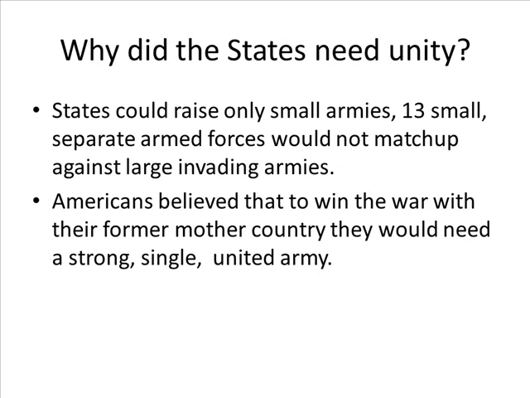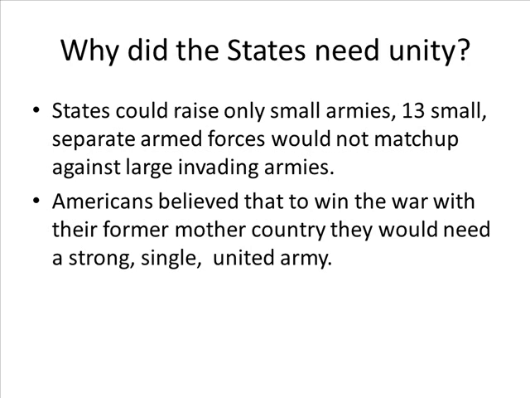Now, at the point in time when the Articles of Confederation was designed and written, we were still in the midst of the Revolutionary War. Great Britain is still sending hordes and masses of soldiers over to America to occupy territory, so the people have to figure out a way to fight back. You have a large British army against a small number of colonial soldiers. So what they think about is each of the 13 states should work together. That way we can raise a large army instead of having 13 separate small armies that could be easily defeated by invading British soldiers.